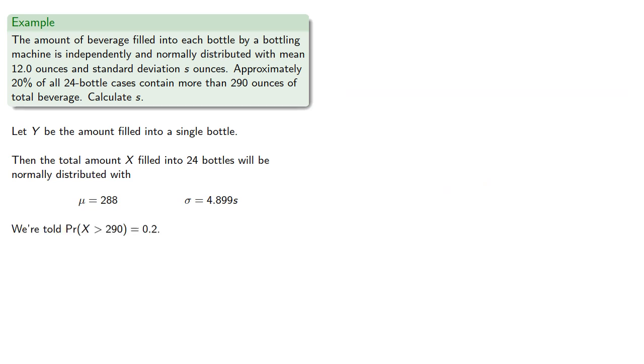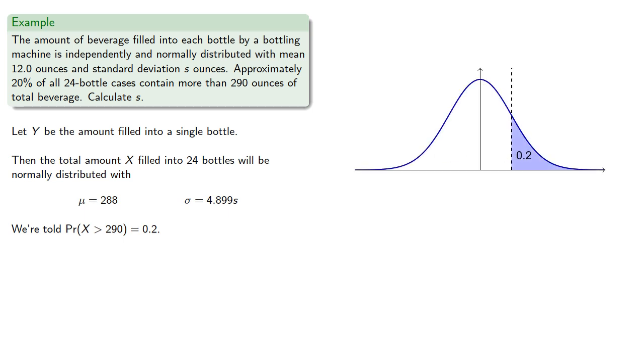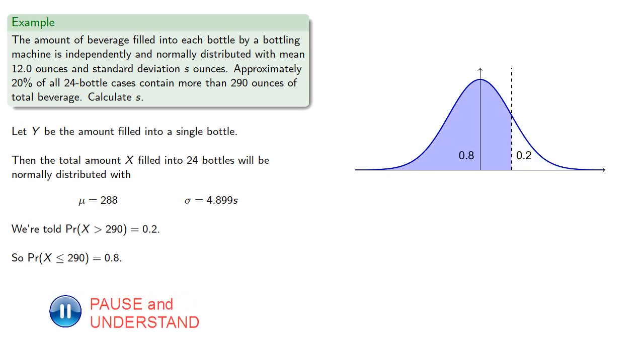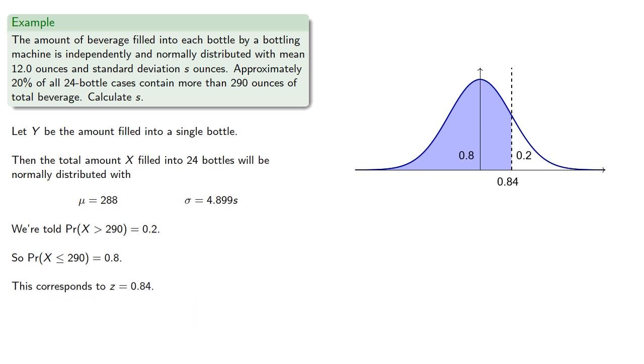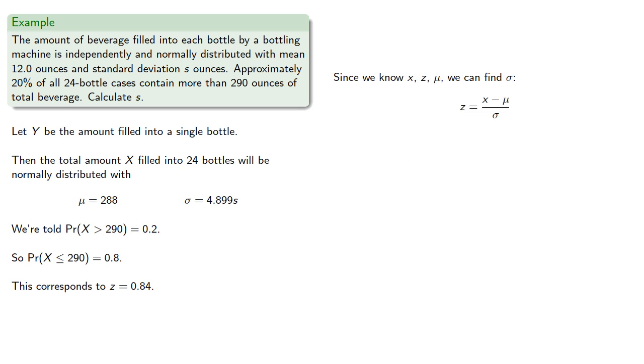Now we're told the probability that we're greater than 290 is 0.2. So that means our complementary probability must be 0.8. And this corresponds to a z-score of 0.84. And since we know our amount, our z-score, our mean, we can find the standard deviation. So filling those in, we get